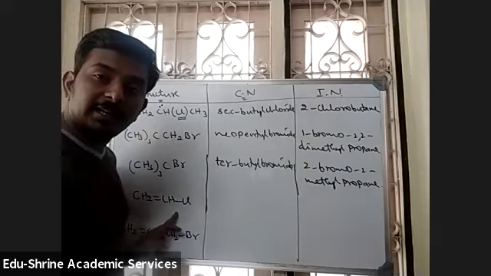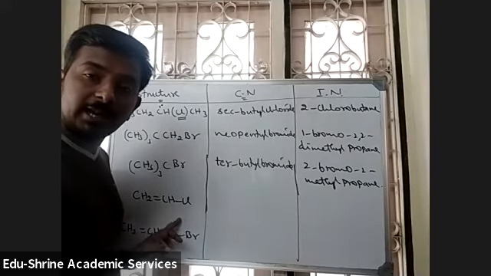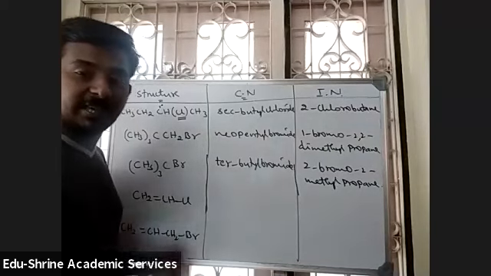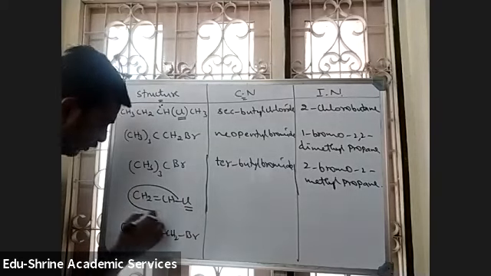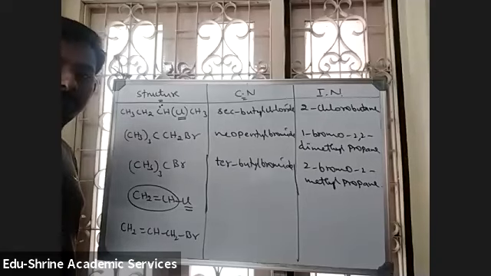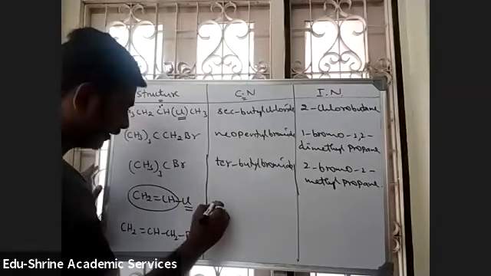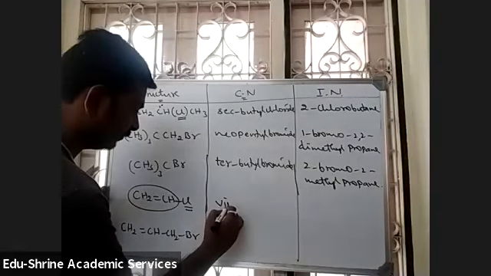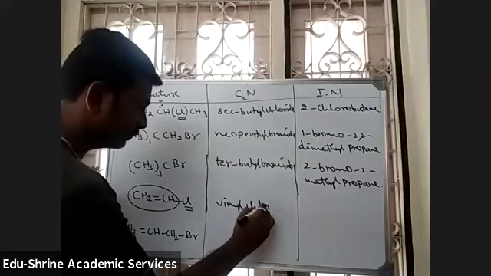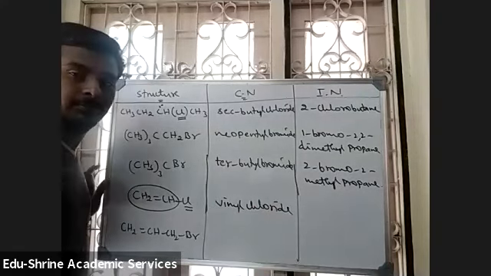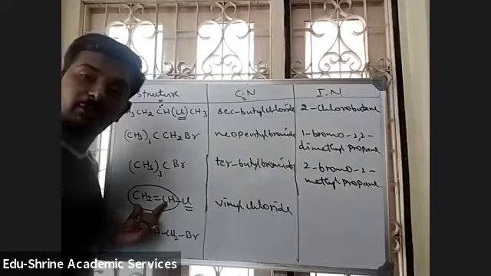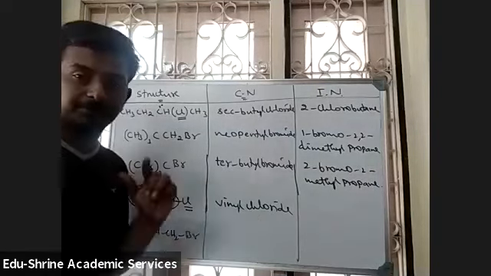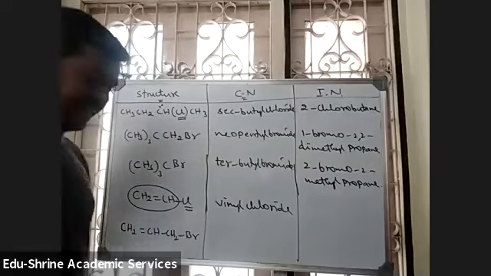Whether it is alkyl or vinyl or allyl or aryl or benzyl. Vinyl, because chlorine is directly attached to a double bonded carbon atom. So it is vinyl chloride, because chlorine is directly attached to a vinyl group. Okay. Tell me the IUPAC name.